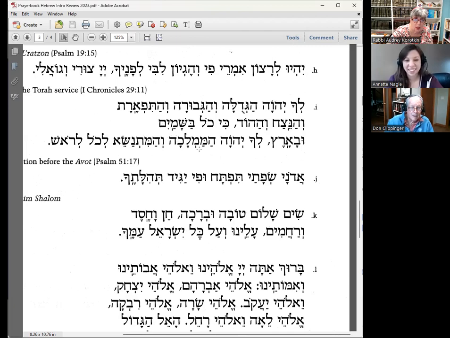The dot in the mem doesn't really mean anything. It's there for an obscure grammatical reason, but you don't have to worry about it. Okay, so that one's Hamamlacha. Yes. And this is Vehamit. Nope, let me try that again. Vahamit